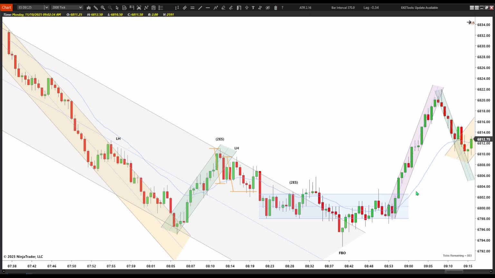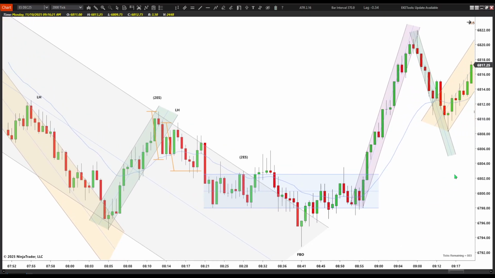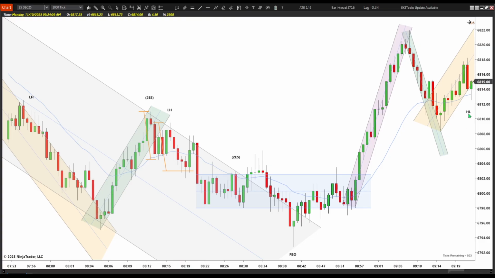Second entry long is below the EMA, so I don't like that. I'm looking for a higher low. And then finally, you get what I think is a higher low. I actually like this setup. I didn't take it though because I was kind of, as I said, kind of closed up shop for the day. The first entry long, pull back, second entry long, and then you get a break below, push, strong close